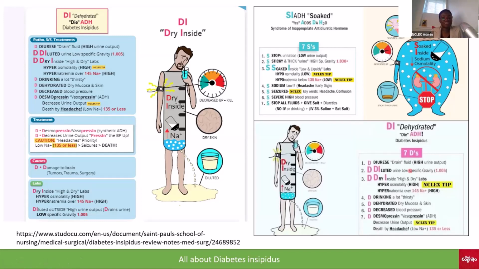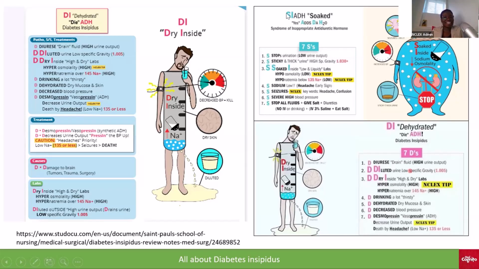So this is very important, and you must take note. You see diabetes insipidus, dry inside, start to recount the 7 Ds. And one important thing you would have to go and revise would be the rival, the opposite of diabetes insipidus, that is SIADH. When you see SIADH, just picture a ballooned individual saying that so as diabetes insipidus is dry inside, for